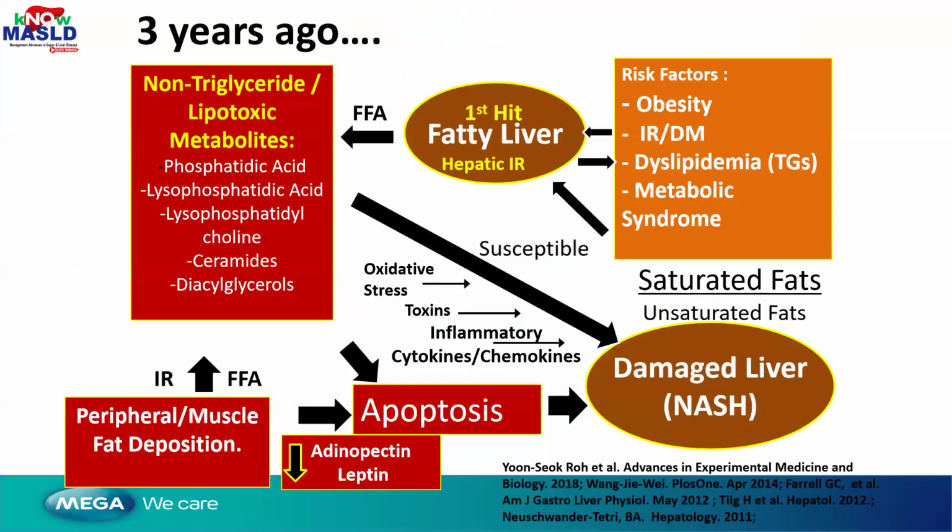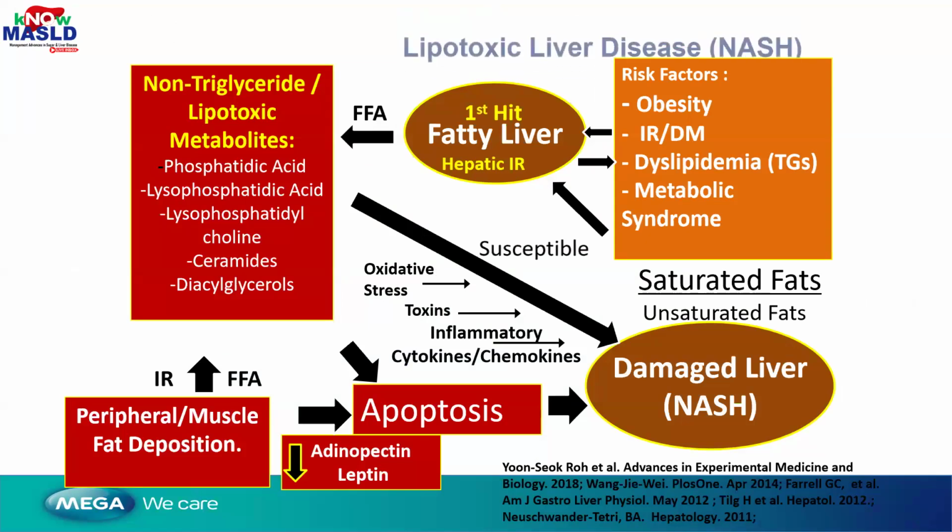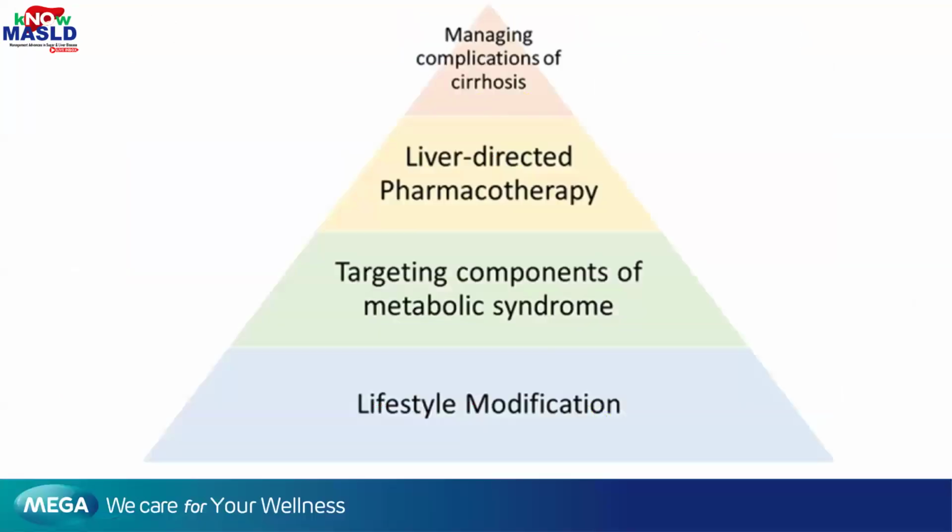The next slide. And then apart from lifestyle modification, which I've talked about, there are other components of metabolic liver-directed pharmacotherapy we can use. People have talked about ursodeoxycholic acid. People have talked about vitamin E, omega-3, all kinds of diabetic drugs have been used. But the major thing that has been shown to work is the targeting of the metabolic components of metabolic syndrome, especially obesity. If a patient is able to lose